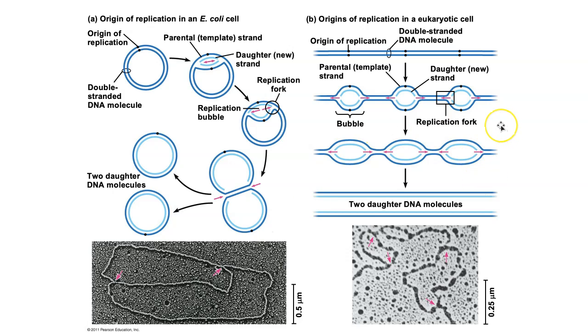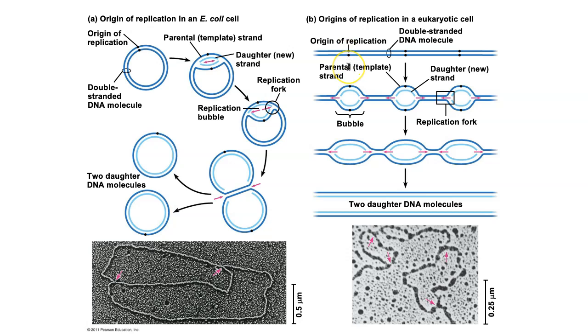This over here is origins of replication in a eukaryotic cell. So here we see that there are multiple origins of replication. They're showing 3 here. Remember, there can be thousands along one chromosome. The same thing is going to be occurring where